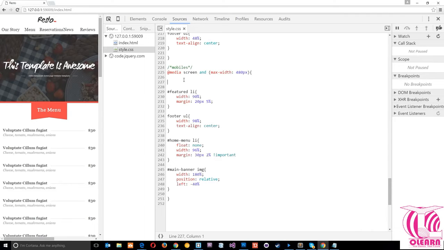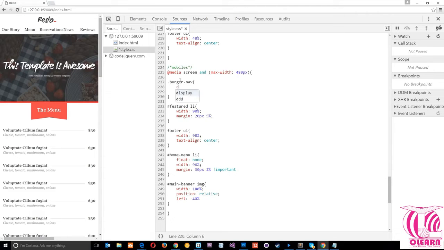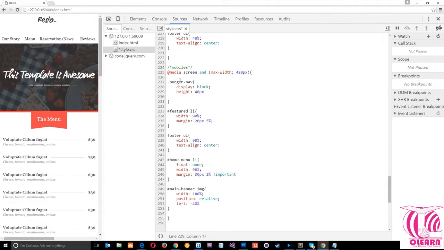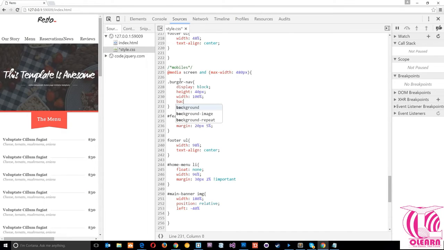So we only want it to show on mobile, so it's going to be within this media query right here at 480 pixels. And the first thing I want to do is just grab that class, burger-nav, and style that up a little bit. So what we're going to say is we want this to display as block, and then we're going to give it a height of 40 pixels, and we've set it display block so we can give it that specific height, and it's got access to those block level properties. The next thing I want to do is give it a width of 100%, and then we'll give it a background of the URL, and we're going to give it a background of that image, that burger nav that we just created, so that we know it's in the images folder